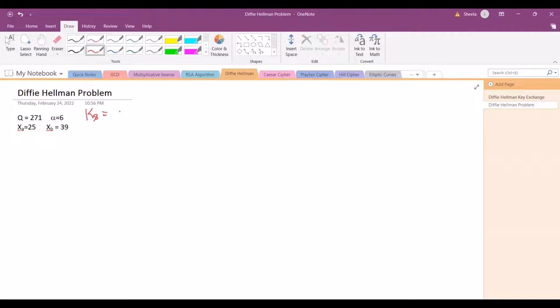Let me consider the first one, that is YA to the power of XB mod q. If we are considering YA to the power of XB, first I need to find YA. YA is nothing but alpha to the power of XA mod q. So let me express this as alpha is 6 and XA is 25, mod q. Here, first I need to find the binary equivalent. Using the calculator, we can find the binary equivalent of 25 as